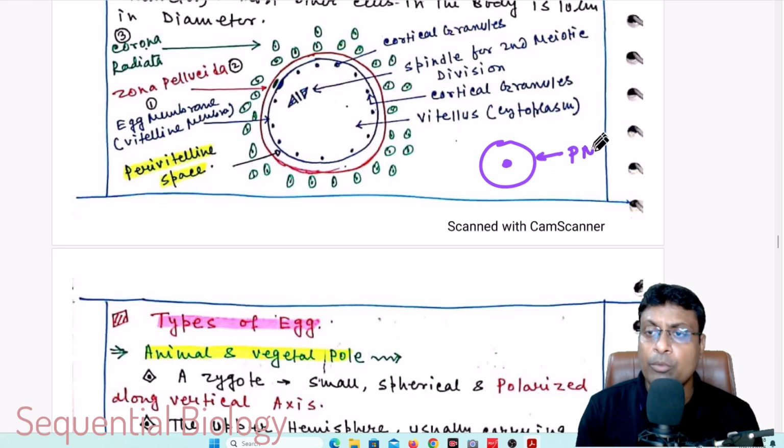But the important point about the structure of the egg is that this plasma membrane is surrounded by many different types of membrane in different species. And whenever you want to study the egg in different species, you should understand what type of membranes are found